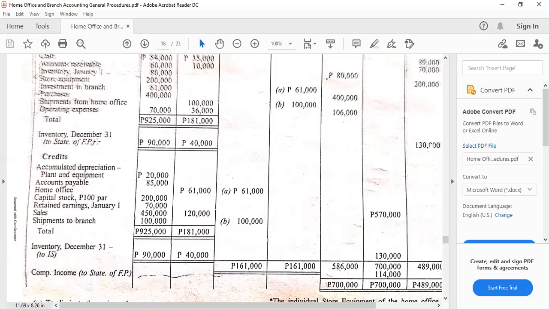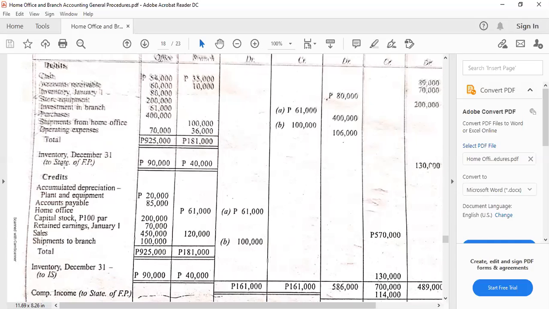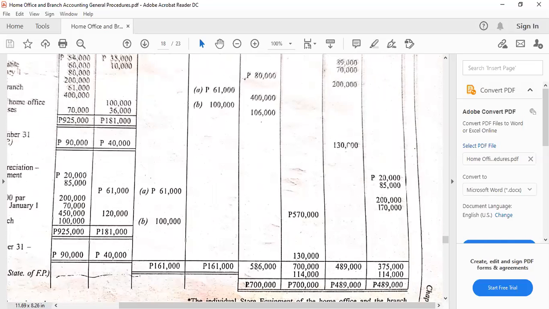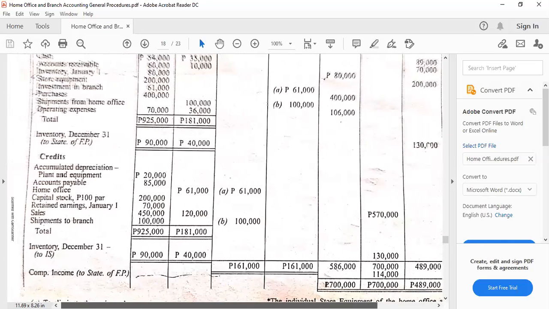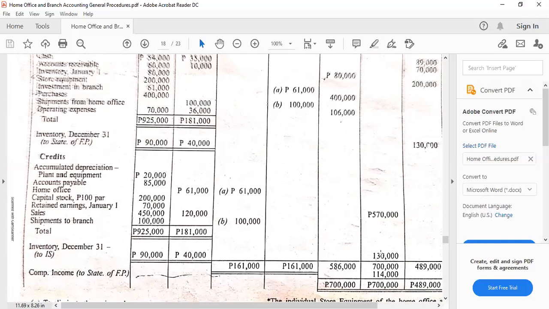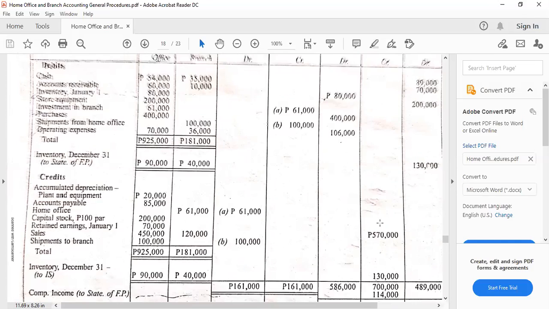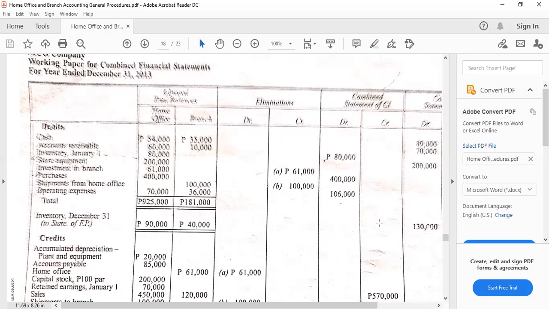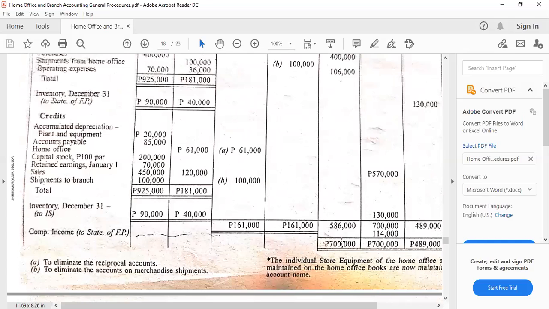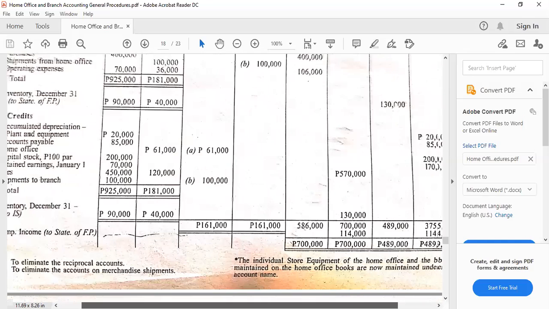And then we have inventory for December 31, the statement of financial position. So remember, whatever is the ending balance of inventory will be forwarded immediately as a debit to the statement of financial position. You call this the direct extension method. While inventory ending will be part of the deduction to cost of sales, that's why it is a credit in the statement of comprehensive income. Cost of sales has a normal balance of debit, by the way. And this is how we are going to get the totals later on.